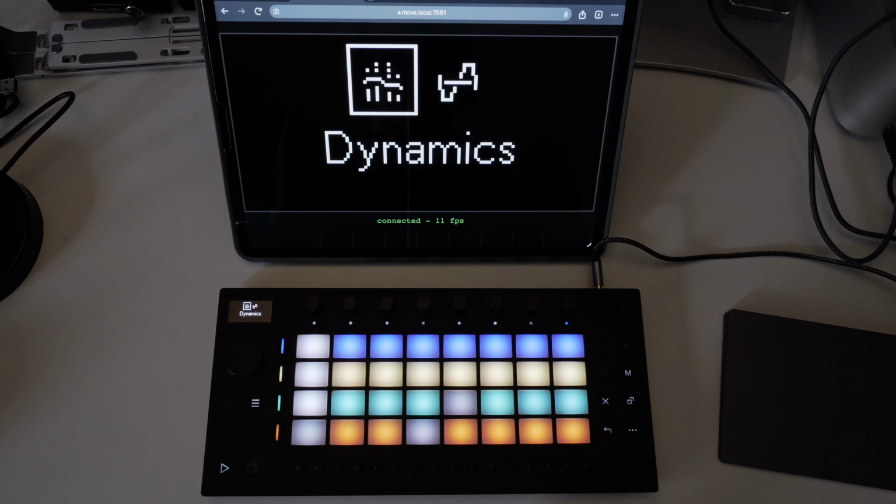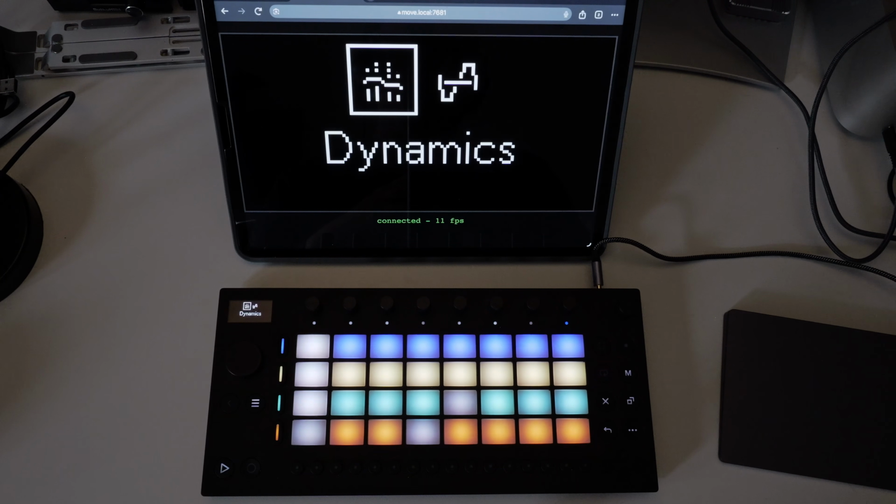I think first off, just so there isn't any confusion, this is very much an unofficial part of the Move Everything Shadow UI that's been developed as an open source project by Charles Vestal, and is something that's added a whole bunch of new features to the Move, along with new synthesizers and new features such as the display mirroring that I'm showing here, and this song mode that we're going to get into in a moment.